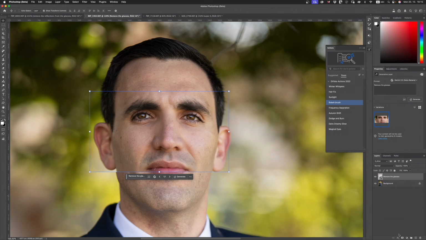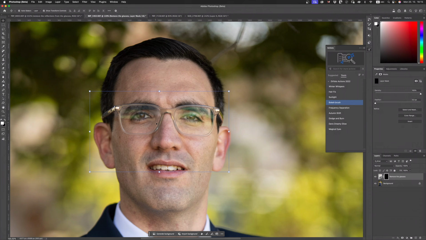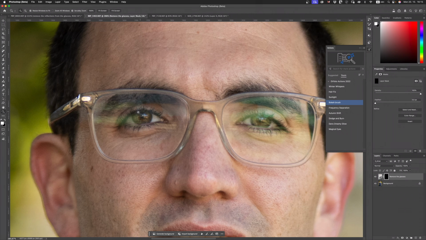I'm going to create a mask on that layer of my own, and with it selected, I'm going to invert the mask to hide away what essentially we've created here. So there we go. There's the original image. And all I'm going to do now, whilst on the mask, is paint with white inside the glasses. Check this out. I'm going to zoom in, and I'm going to grab my brush tool. I'm going to make sure that it's set to white, and I'm going to paint away those reflections in the